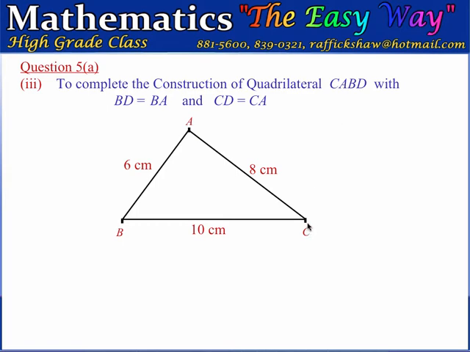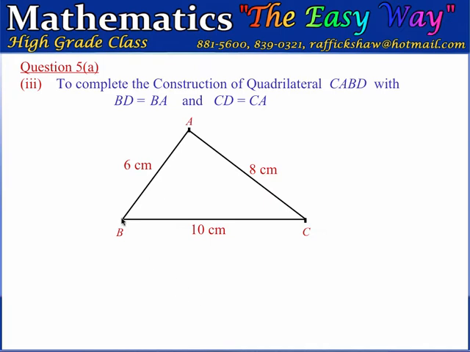And so if we look at the diagram, CABD has to be down here because the orientation C to A to B is anti-clockwise, and so D must be such that the anti-clockwise orientation is maintained, and so D must be somewhere down here, and therefore our distance BD must be equal to our distance BA, which is 6 centimeters, and so D down here must be 6 centimeters from B, and also our distance CD must be equal to CA, and so the distance CD down here must be 8 centimeters,